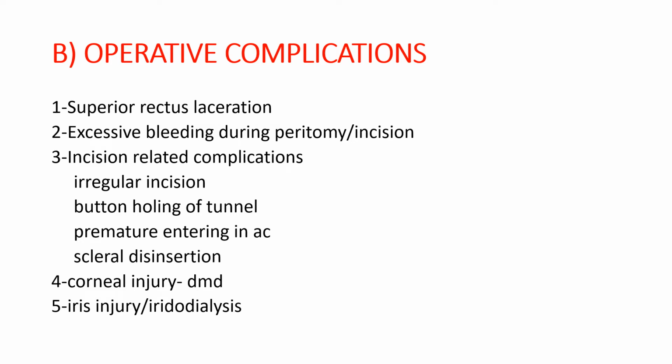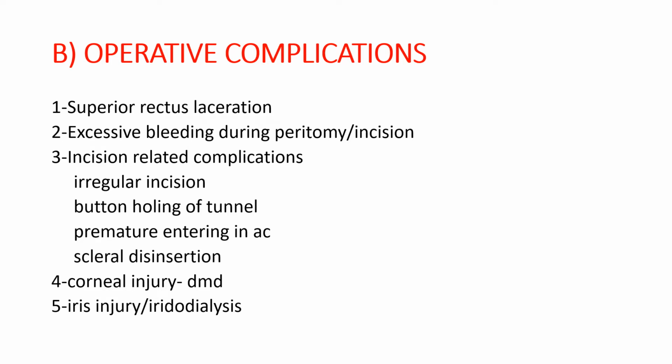from the other side. There could be premature entry into the anterior chamber. The premature entry happens when we are making the tunnel at a deeper plane, and suddenly the keratome enters the anterior chamber. So here also we need to abandon that plane and start a little more superficially in a different plane from the opposite end.